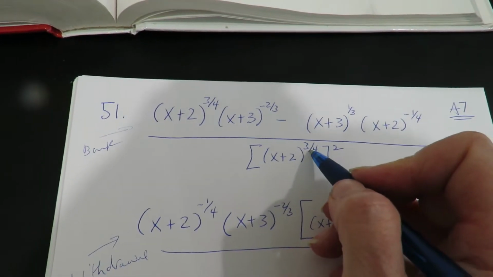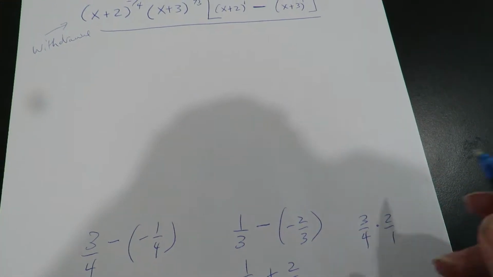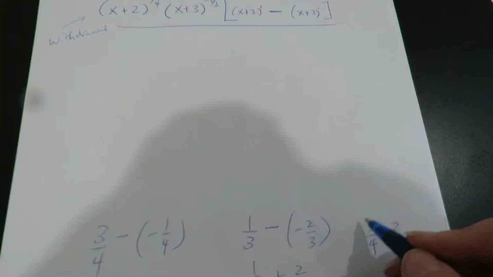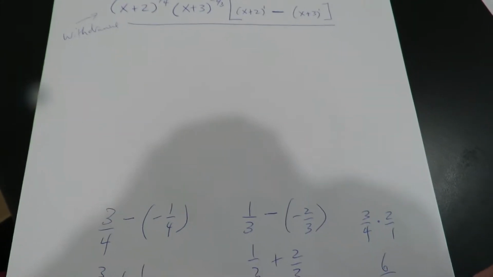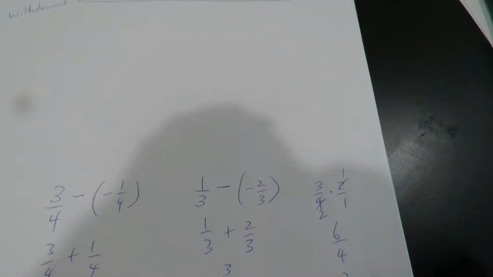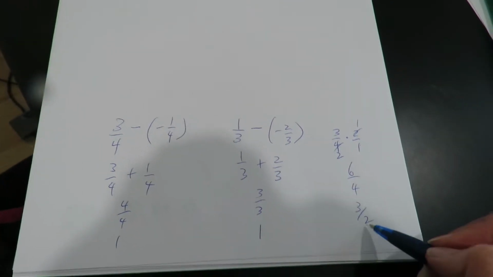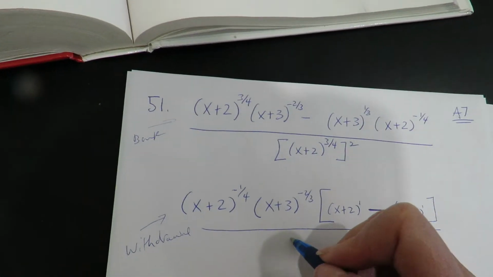All right, I told you guys when you have an exponent raised to an exponent, you multiply. So that's 3/4 times 2/1. I like to reduce first, but I notice a lot of you guys do the multiplication first. So a lot of you write 6/4 and then 3/2. I tend to just like to reduce here first. It's just easier on my brain. 3 times 1 is 3. 2 times 1 is 2. All right, either way, you should get